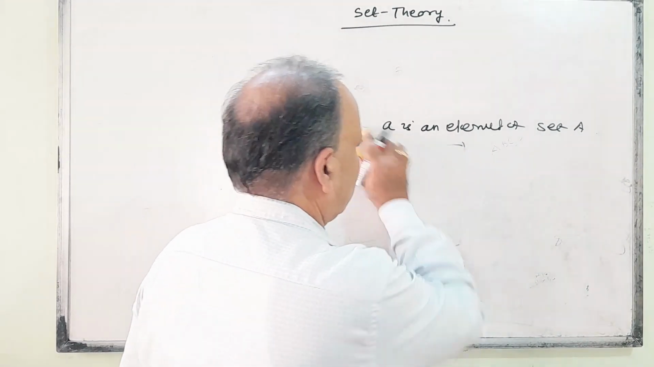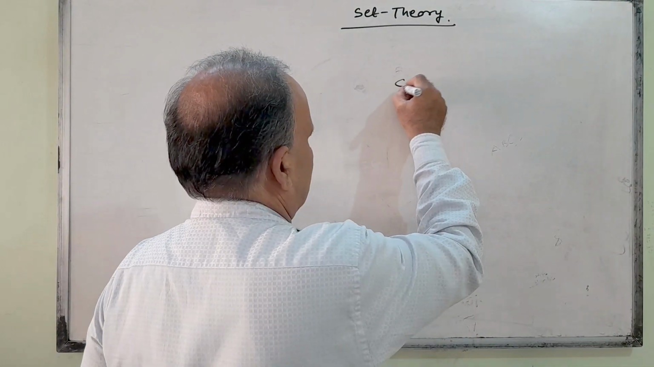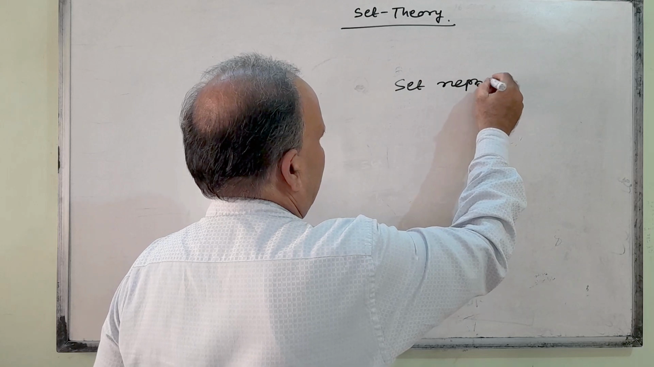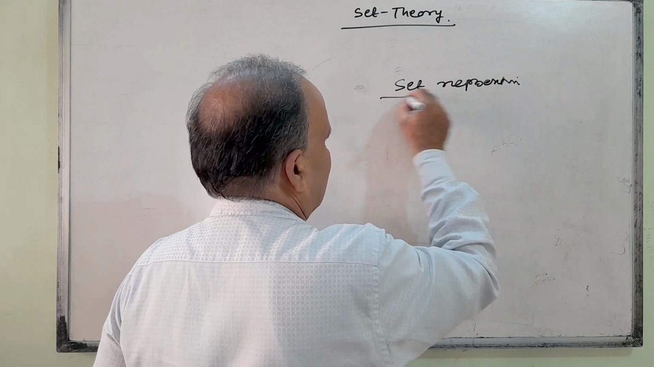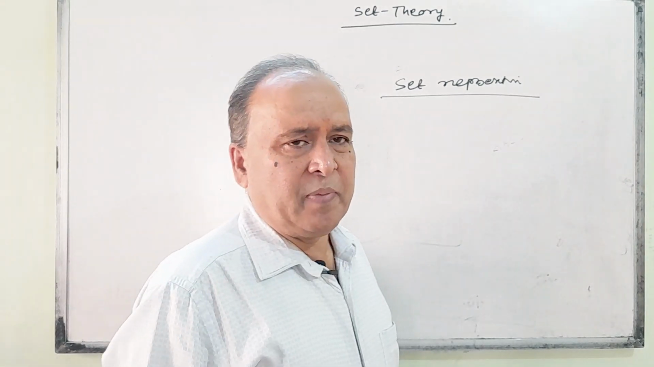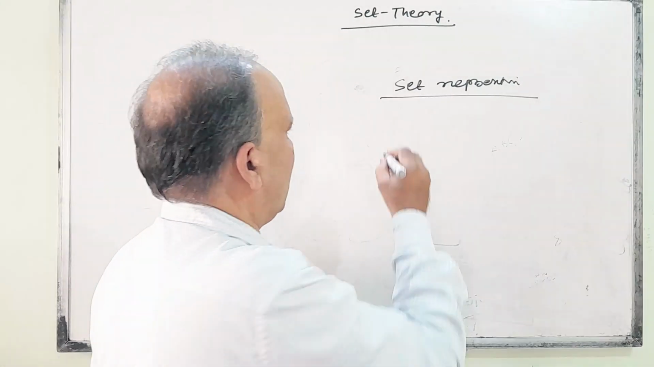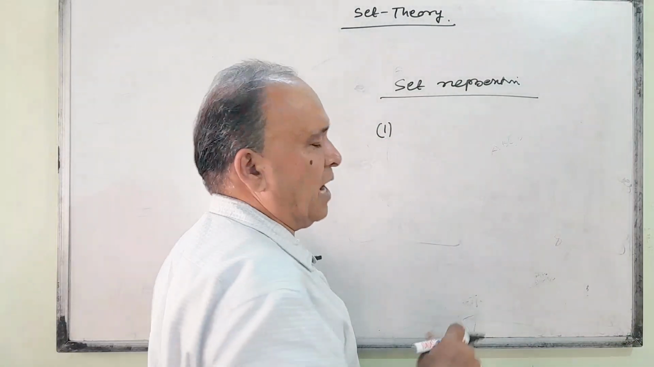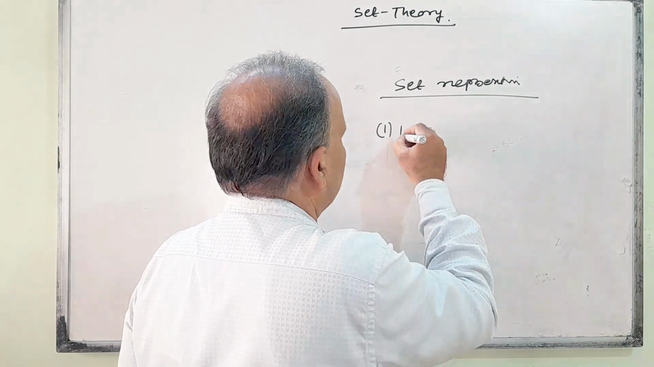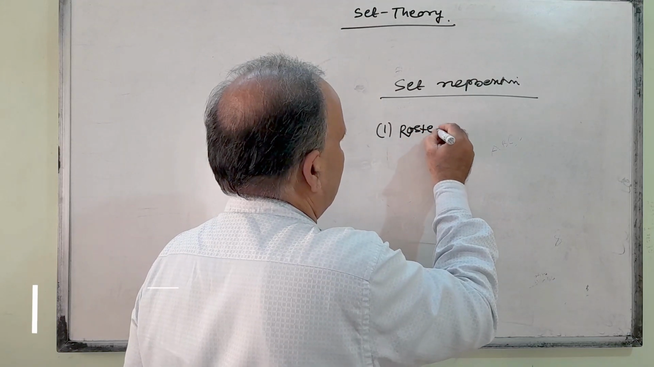Next come to set representation. Generally, sets are represented in two ways. One is the roster form